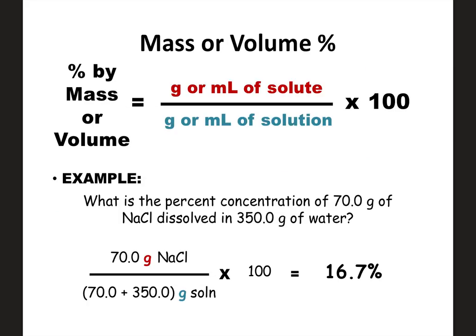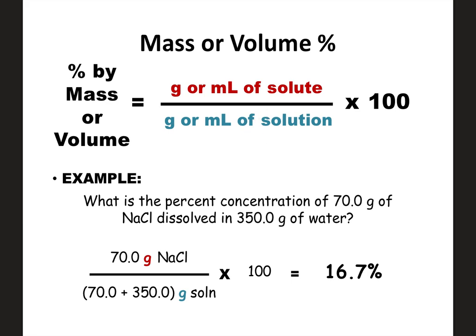There are some other ways to express concentration here. You could do concentration by mass percent or volume percent. The basic gist, if you were doing mass percent, you just take the grams of the solute over the grams of the entire solution times 100. And if you were doing it by a volume percent, you would just take the milliliters of the solute over the milliliters of solution times 100. So you just got to be careful here and make sure that you're using the entire solution on the bottom,